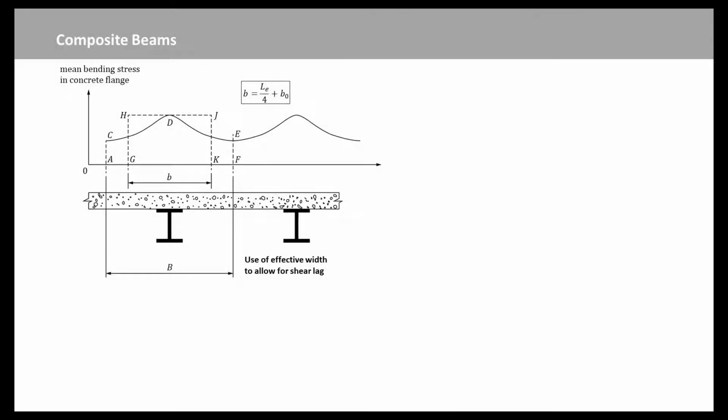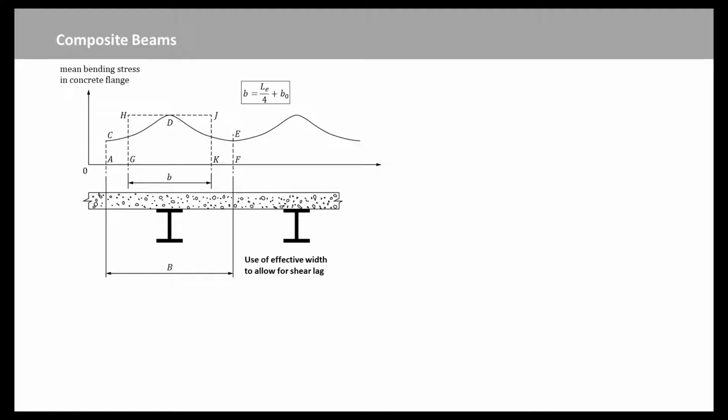The width of slab considered in calculations, B, is usually taken as 1 meter, but for clarity, only a width of 1 wavelength is shown in this figure, except where the sheeting is unusually deep. The neutral axis for bending lies in the concrete where there is full shear connection, but in regions with partial shear connection, there is usually a second neutral axis within the steel section. Local buckling of compressed sheeting then has to be considered. This is done by using effective width for flat regions of sheeting.